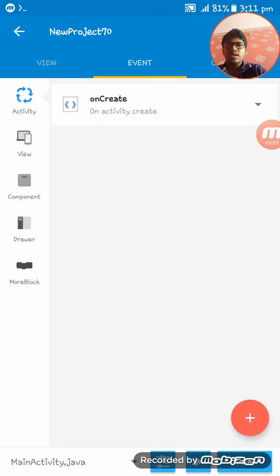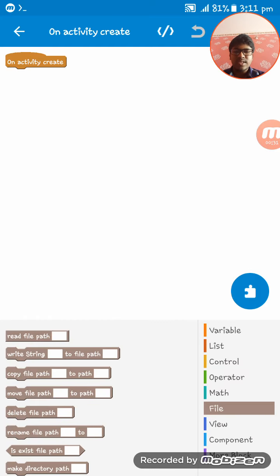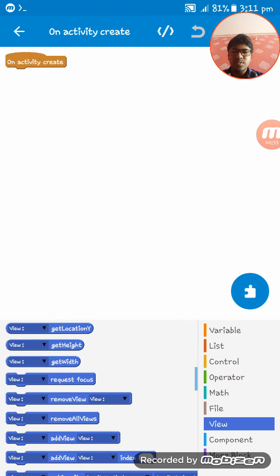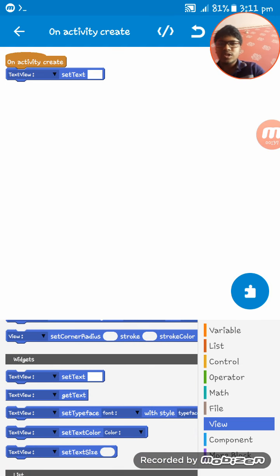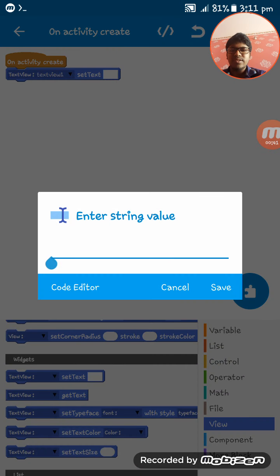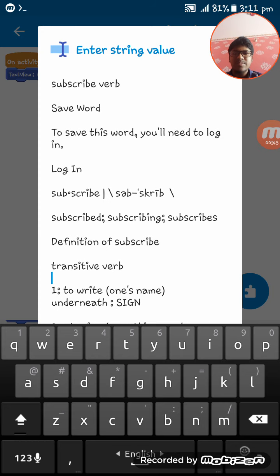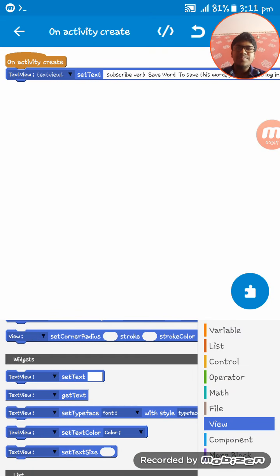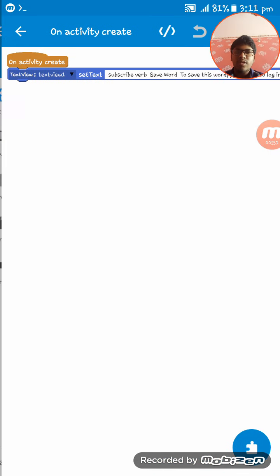Now I'm going to go to on activity create. I'm going to set some text on the text view. Text view, set text view 1, set text. I'm giving some text that I have copied, the subscribe. Now then again on activity create,